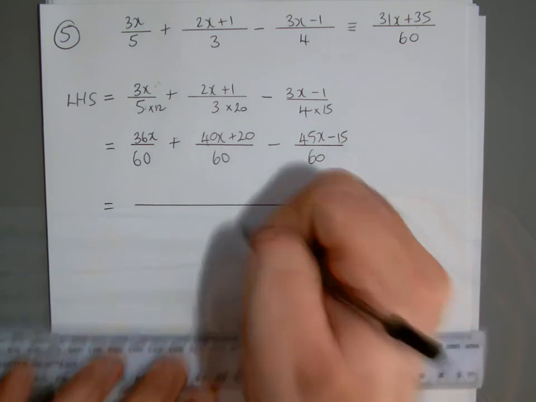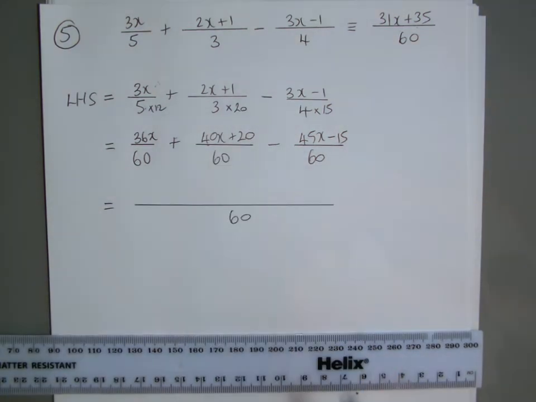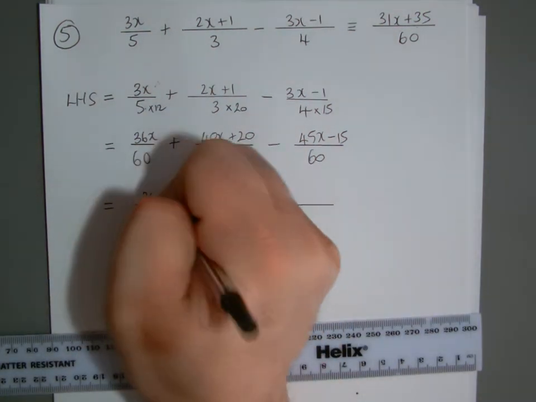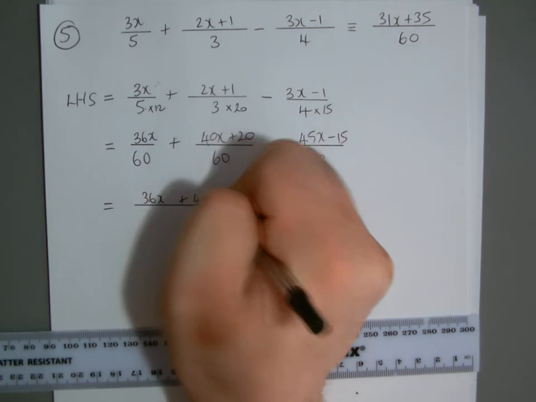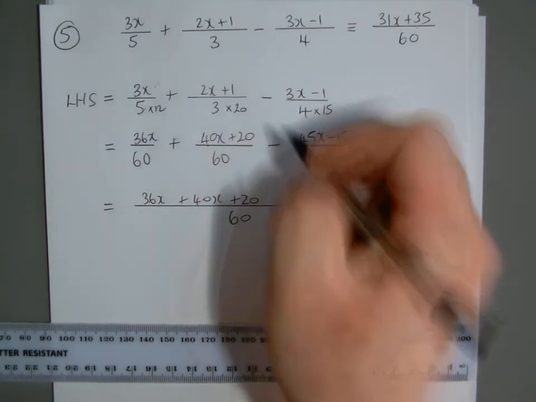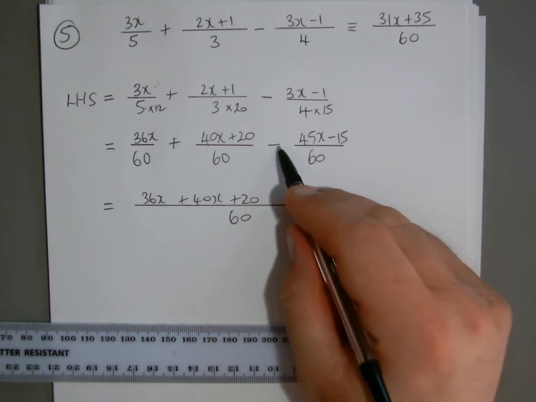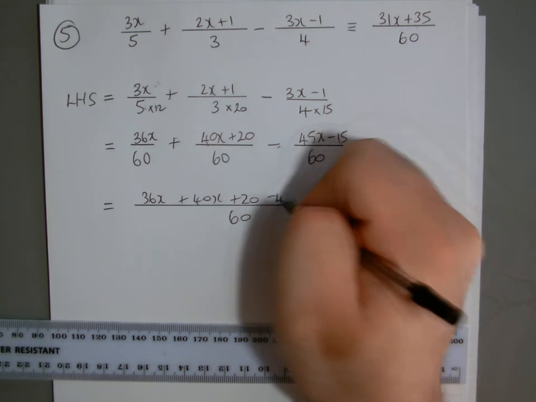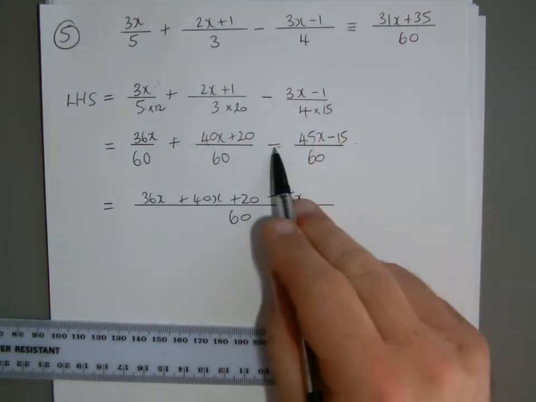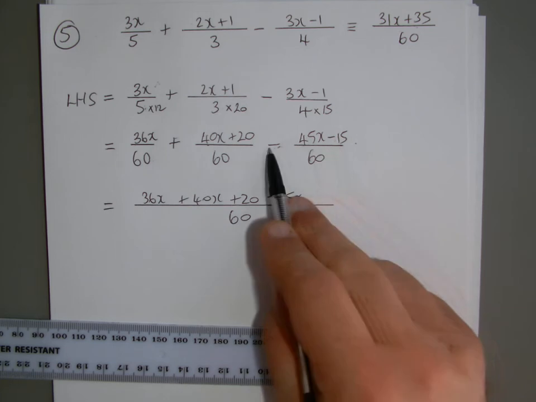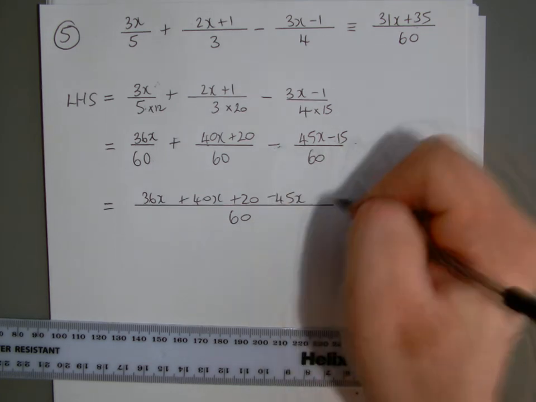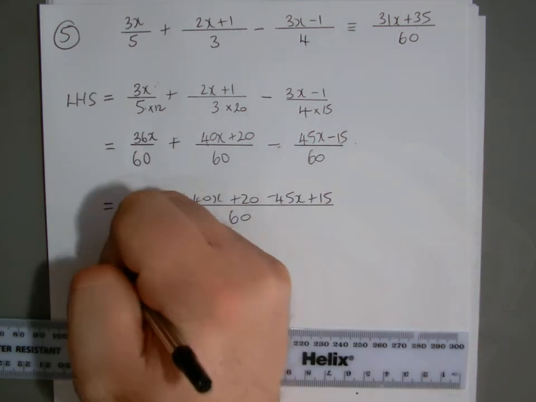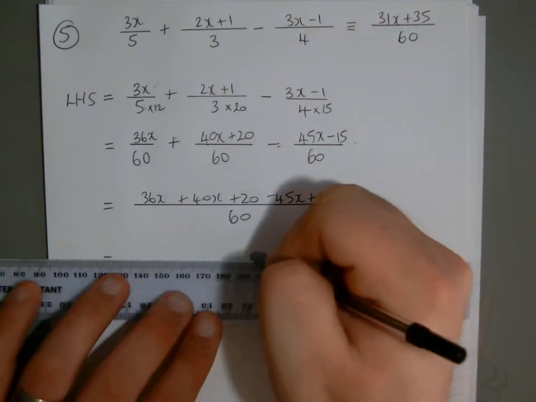Because now we have a common denominator, we can put the terms on the top together. So we've got 36x plus 40x plus 20. Now please be mindful and careful here, because we've got to take away this fraction, so that minus applies to every term on that fraction. So minus 45x. But then careful here, because you've got minus, and that's already a minus, isn't it? So you take away a minus, well, two minuses make a plus. So it's plus 15. So we get over 60,